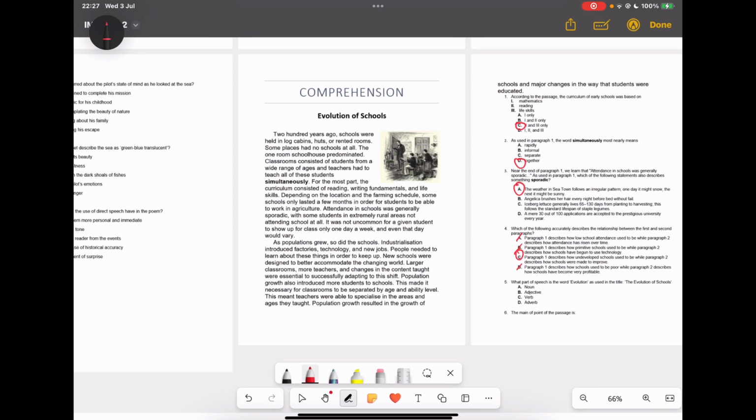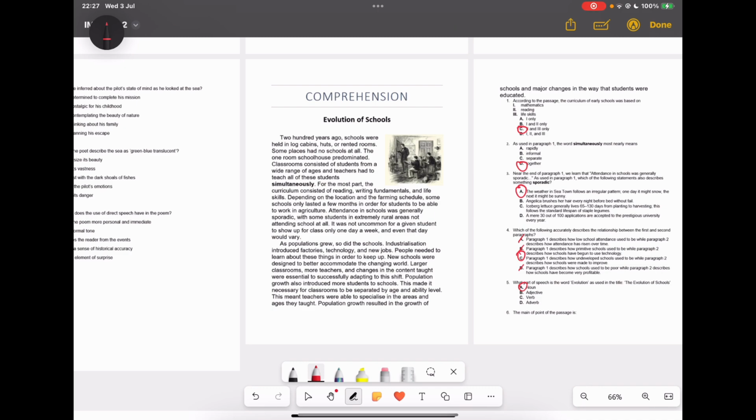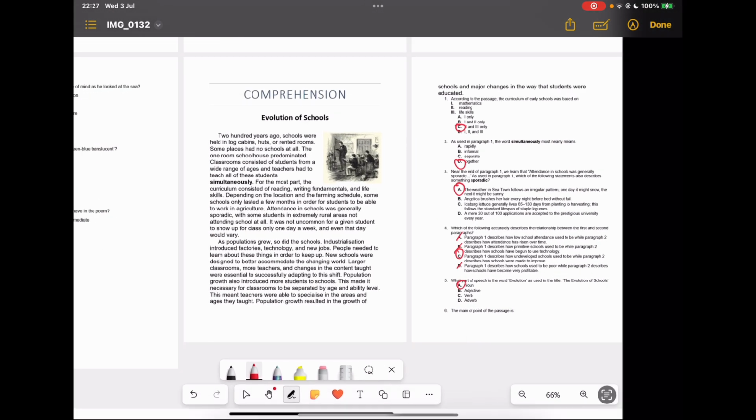What part of speech is the word evolution, as used in the title, the evolution of schools? So A, a noun, B, an adjective, C, a verb, or D, an adverb. Well, it's a noun, so the evolution of schools. So next we move on to